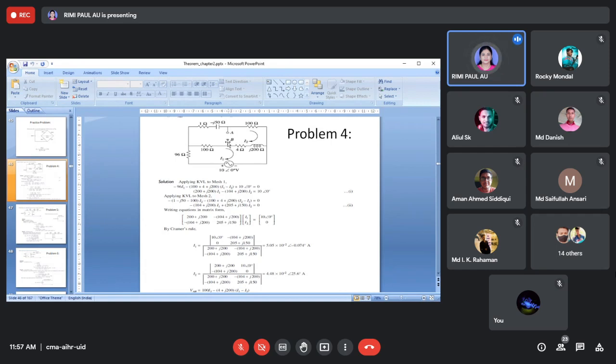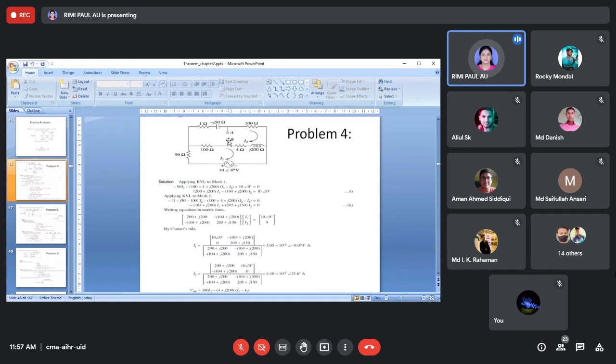If any impedance or resistance is given, you will just open it and you have to find out the voltage across this path, the open circuited voltage. Now how to do it? Here you can find out the mesh current, and the voltage drop of this path and the voltage drop of this path. If you can find that, then you can find out what will be VA minus VB, right?